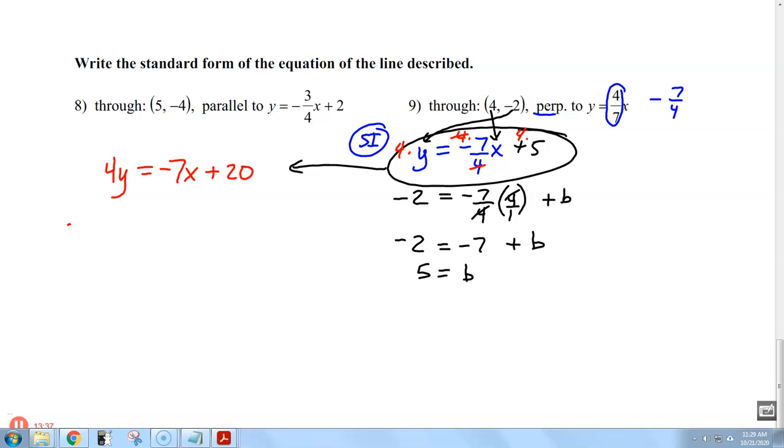Add the 7x to both sides. Boom, boom, boom. And we are sitting tight, standard form,